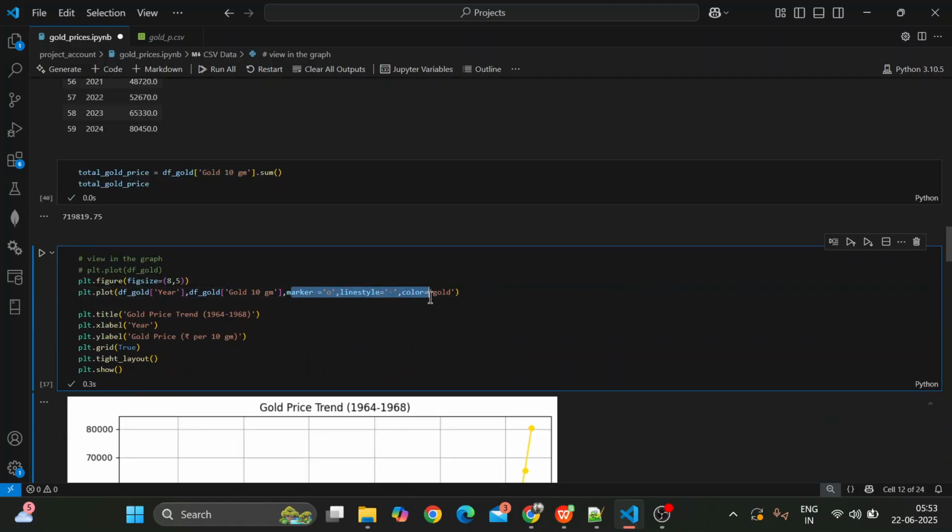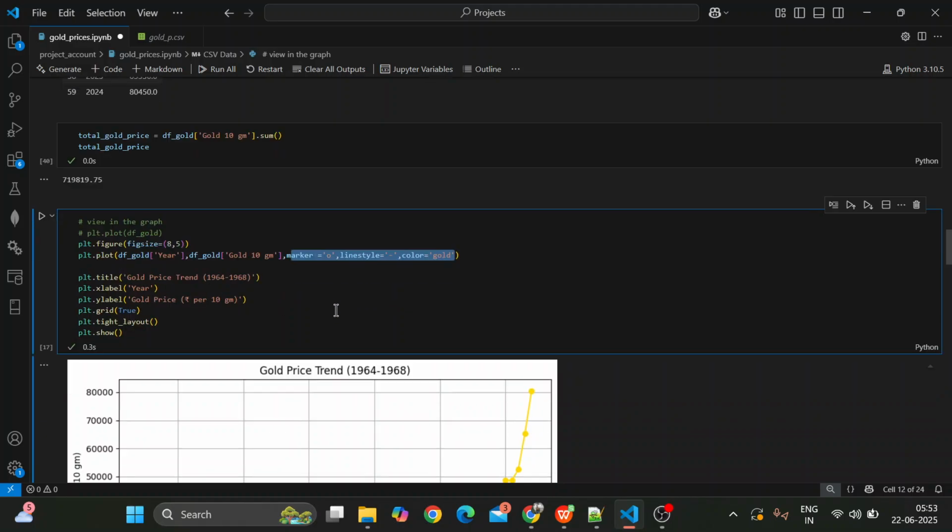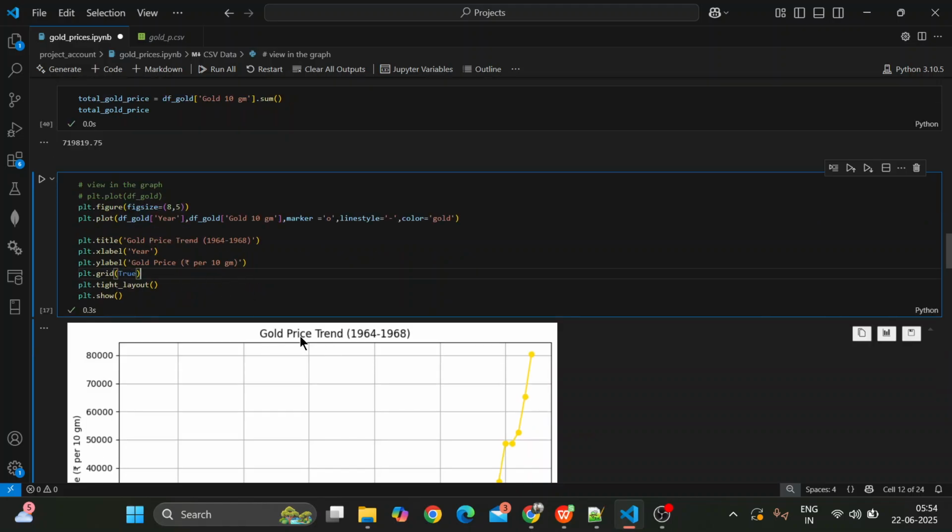There are also the colors and the style I am setting here, and the title, what we should call this graph, like gold price trend from this year to